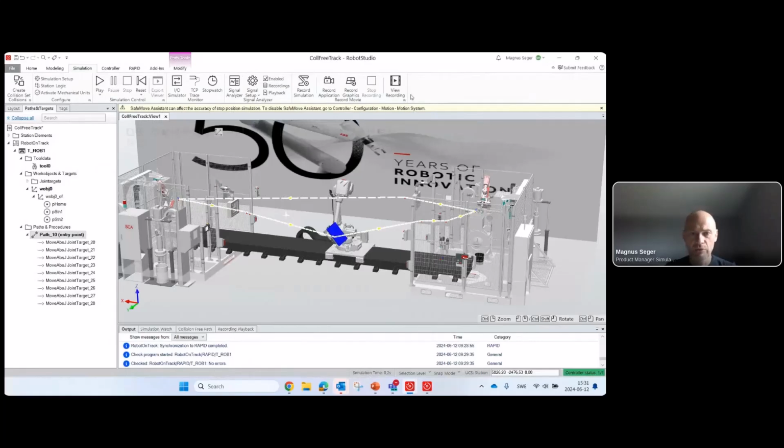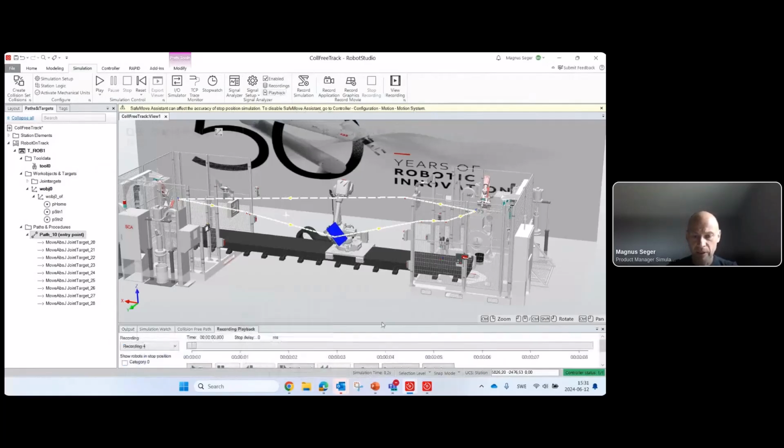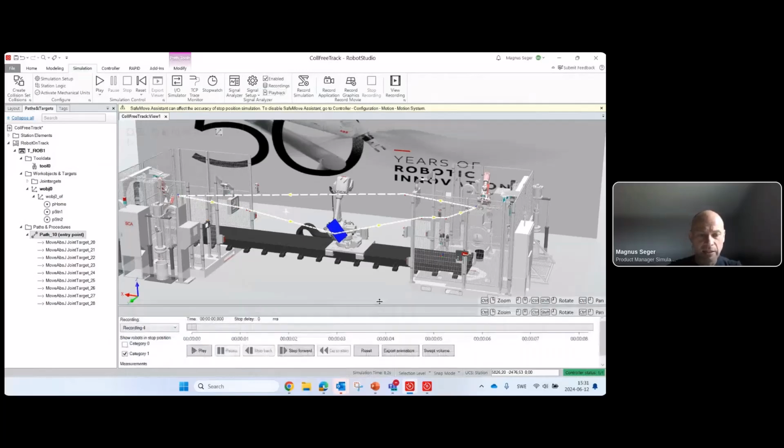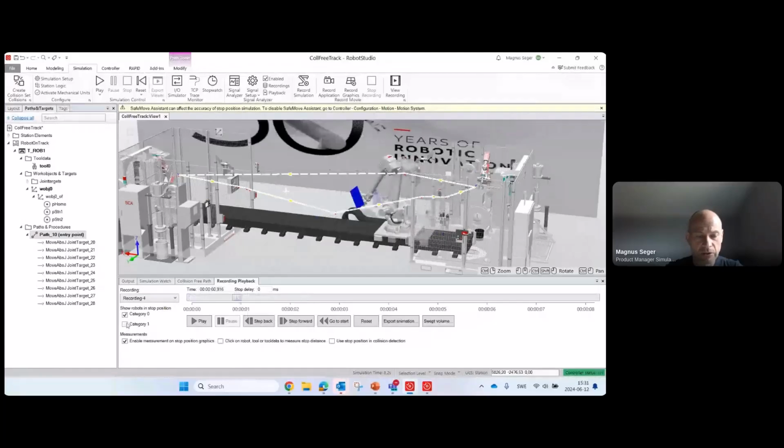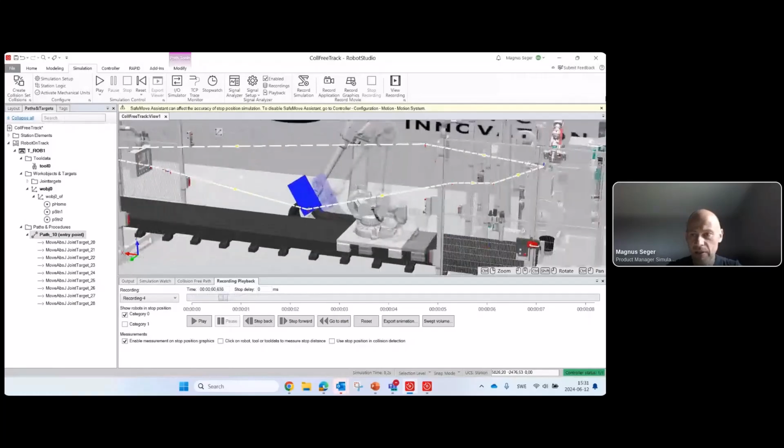Here is, of course, the beauty of having our virtual robot controller. Switch into the playback button, you can see, and this was the latest recording that we did. And we can see when we drag here, the robot is moving around like this. But I can also turn on and off the stopping distance. So if I zoom in a little bit,